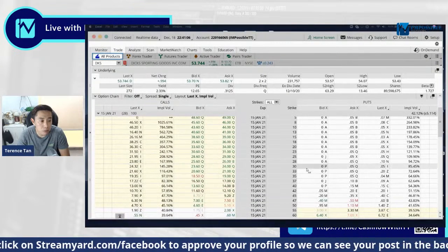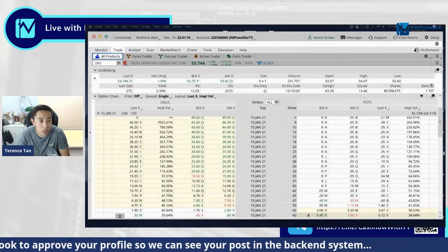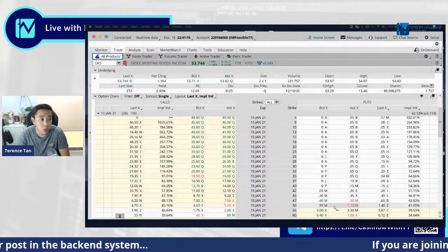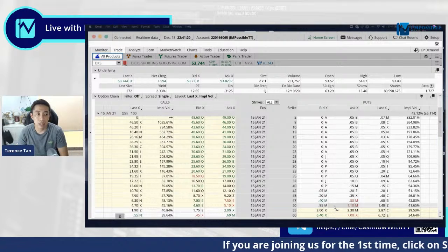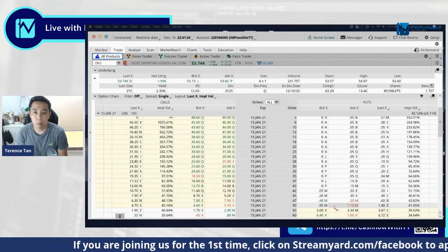All right, my original plan was to sell the 50 strike put options for next month. Before the market opened, I was gunning for $1.25 premiums. Right now, it seems to have dropped to a $1 premium, so I'm not going to chase this trade tonight. This trade has run from me, unfortunately, as much as I don't like it, but I have to be